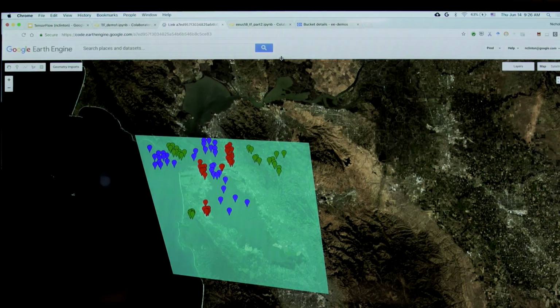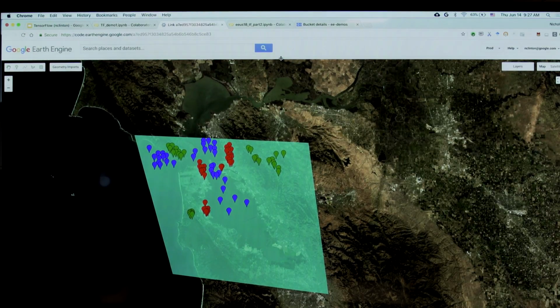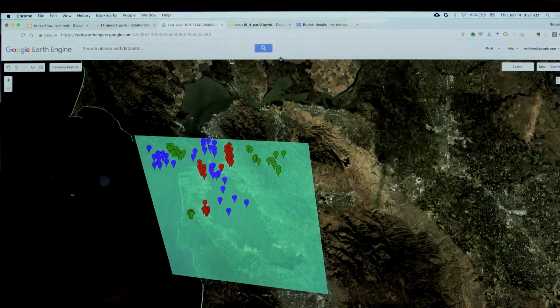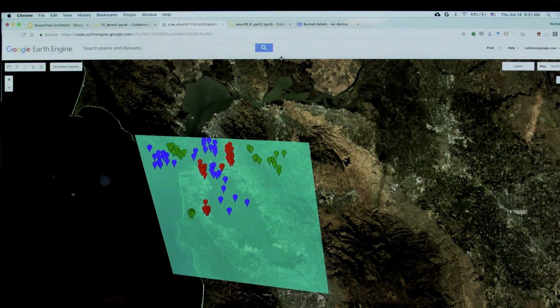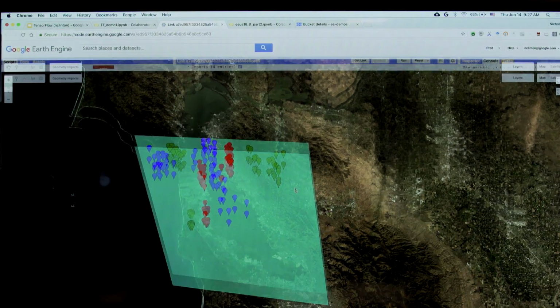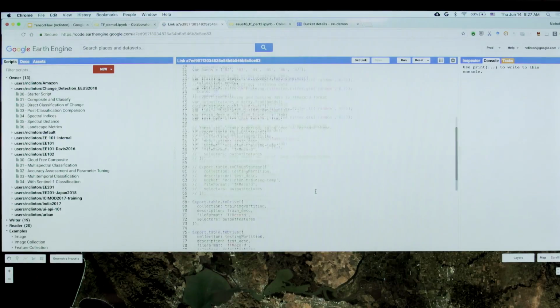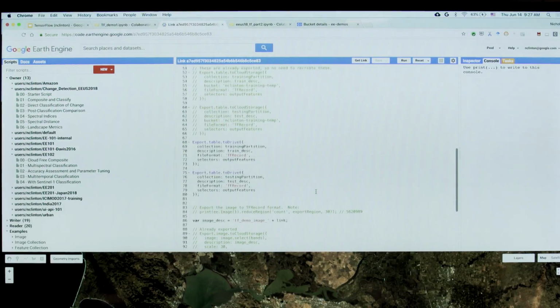We're going to partition the points into training and testing and export them. We're also going to grab the piece of the composite that's in that box, the blue box there, and export that as well, and that's what we want to classify. Okay, so that's it. And if you look into the code here, what you'll see is a bunch of exports,